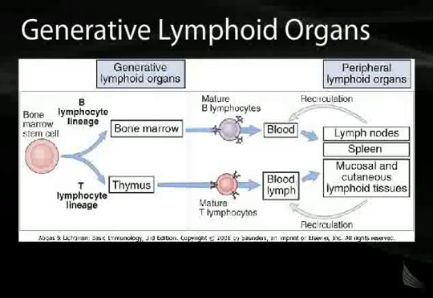The T cells will do the same thing. They'll leave the thymus as mature T lymphocytes. They will circulate through the blood and lymph. They'll pass through lymph nodes and spleen and also mucosal and cutaneous lymphoid tissues, and then recirculate back through the blood and go and find another lymph node or more cutaneous lymphoid tissues that they will just circulate through, trying to find their match, trying to find the specific antigen that they're looking for. And again, if they don't find that specific antigen within a certain finite amount of time, then they will die